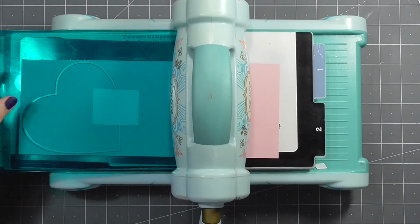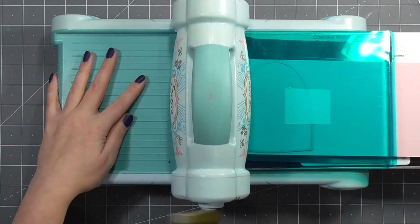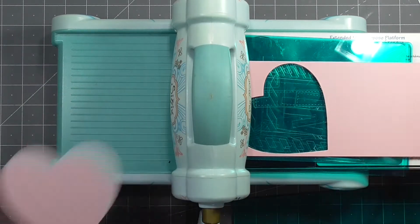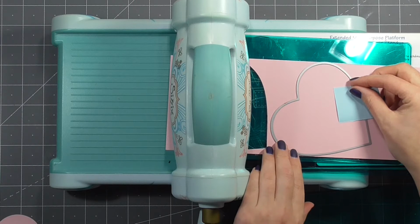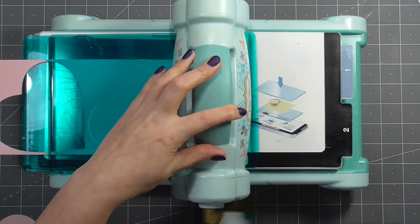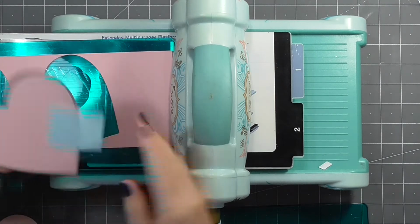I'm just using some Hefty Doodle memo tape to hold that in place. If you don't have a heart die or a die cut machine, you could of course just trace the outline of a heart onto a piece of thick cardstock, and just make sure you do that twice and cut it out twice in the same way that I'm going to cut two of these hearts. So these will actually work together to create the base of the card, but then I'm going to need an